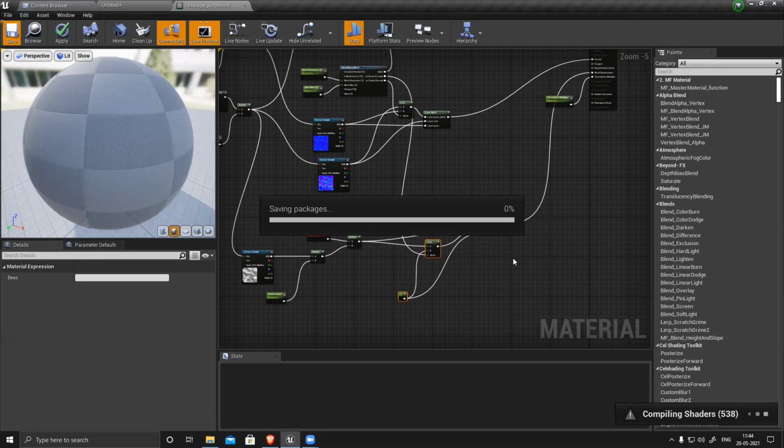I don't know, there's something wrong. It's taking so much time. I don't know, it should compile. What is going on?